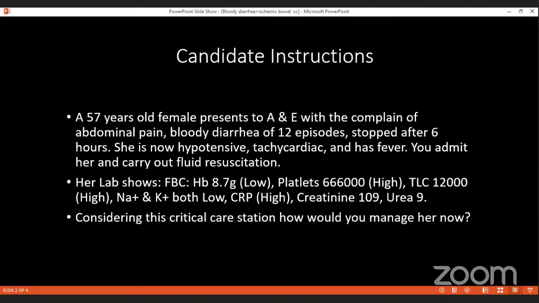Need after an MDT meeting with the general surgery and internal medicine doctors, and the histopathology and hematology, to detect and identify the cause of the blood